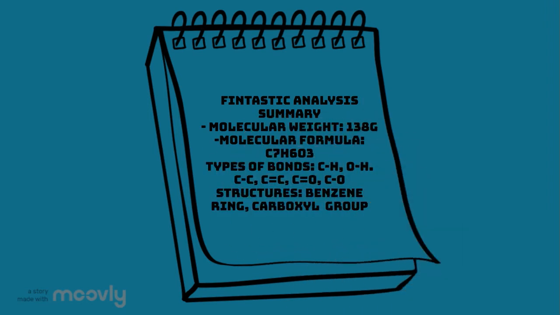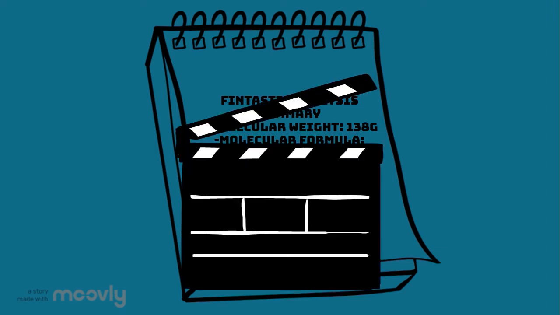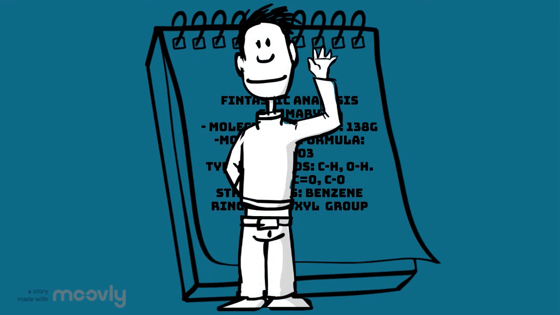Fantastic analysis summary. We found that our molecular weight is 138 grams. Our molecular formula is C7H6O3. The types of bonds present are C single bonded to an H, O single bonded to an H, C single bonded to a C, C double bonded to a C, C double bonded to an O, and C single bonded to an O. Our structures have